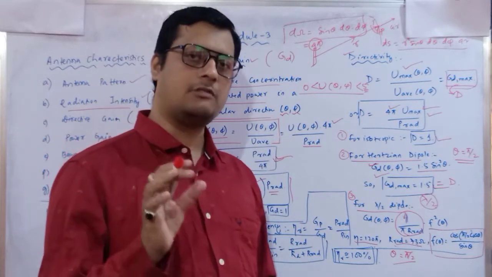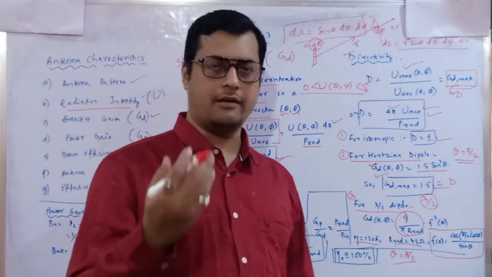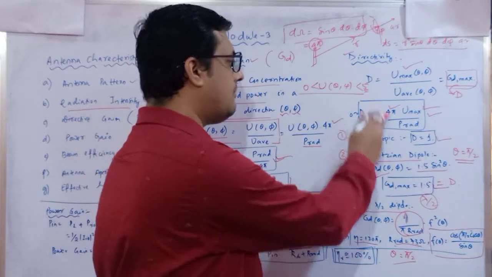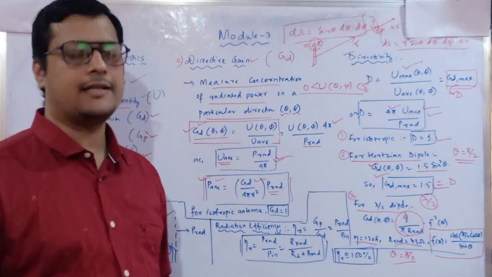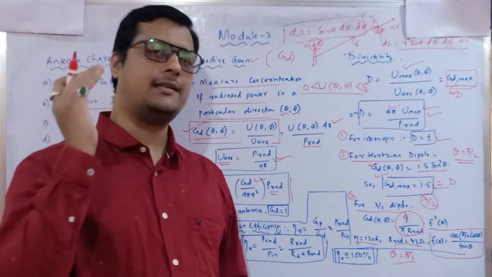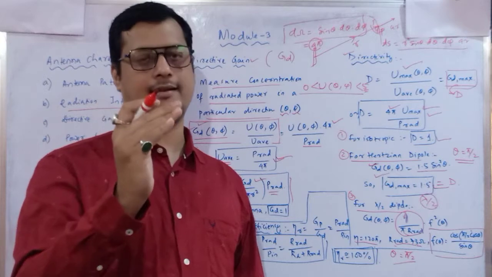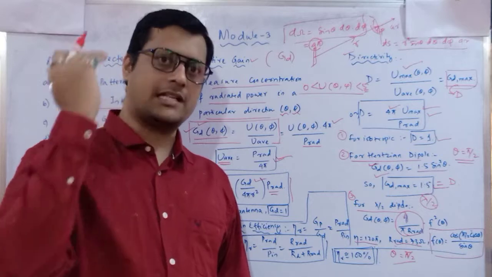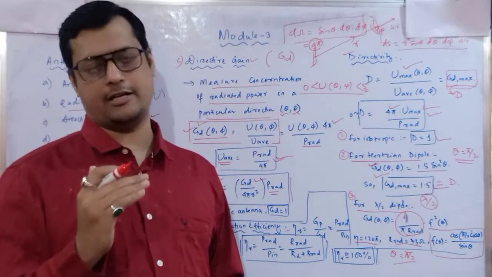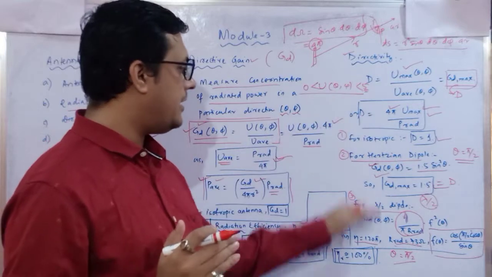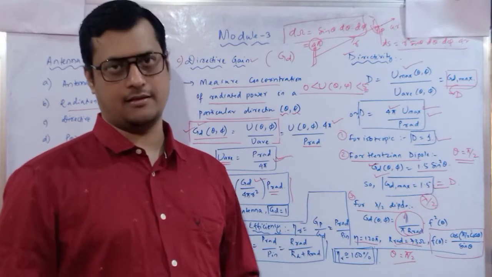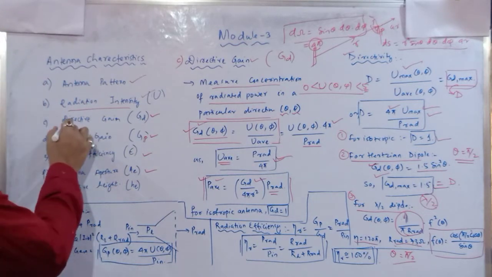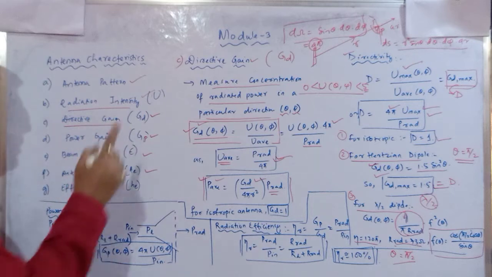So these are the small relations which we will come across while discussing the individual antennas in a very brief manner. For the time being, how to determine the directivity, what is the directive gain, that is our main motto. Directive gain means the ratio of radiation intensity with respect to the average radiation intensity. What is directivity? Directivity is the maximum radiation intensity with respect to the average radiation intensity, and depending upon the variation of the antenna, this parameter will change. Okay. Directive gain is over, directivity is over.